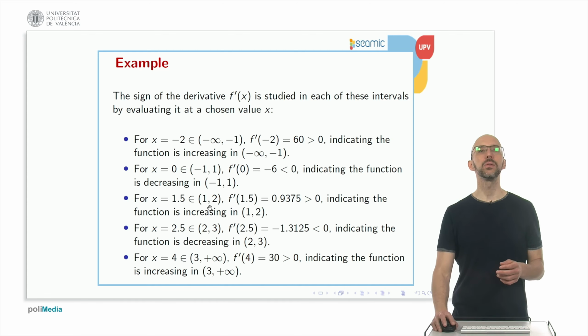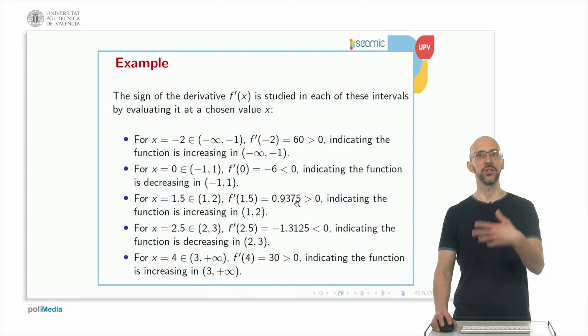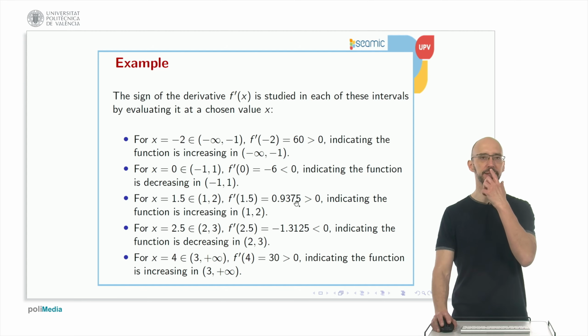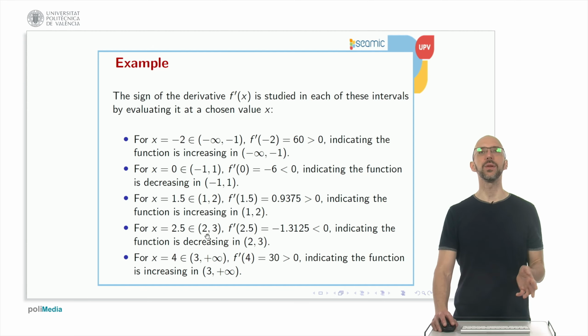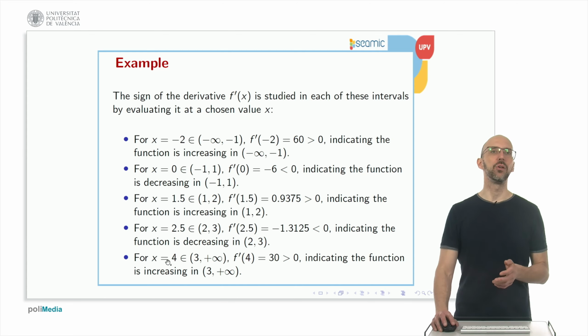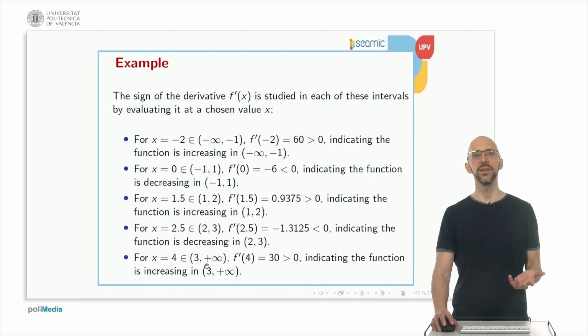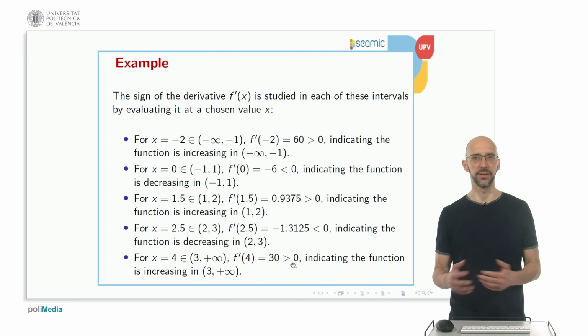For the interval 1 to 2, I choose 1.5. The derivative is positive again. So the function is increasing in this interval. For the interval 2 to 3, I choose 2.5, and in this case the derivative is negative. So the function is decreasing. Finally, for the interval 3 to plus infinity, I choose 4. At 4, the derivative is positive, then the function is increasing. So,